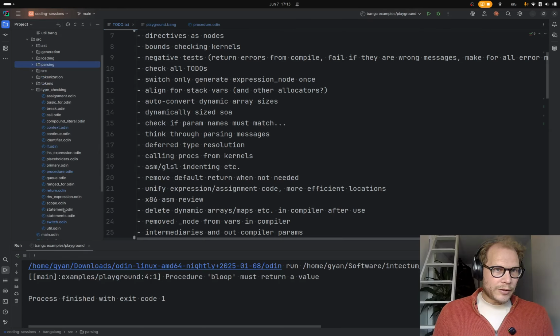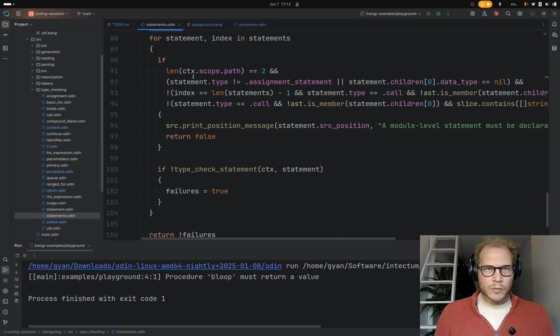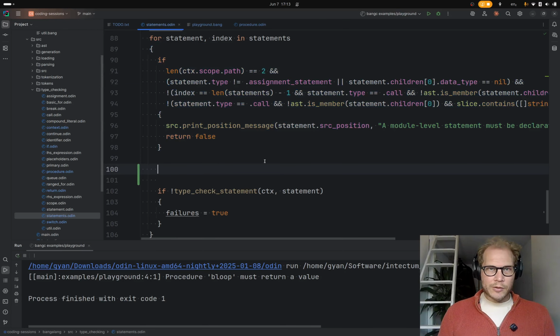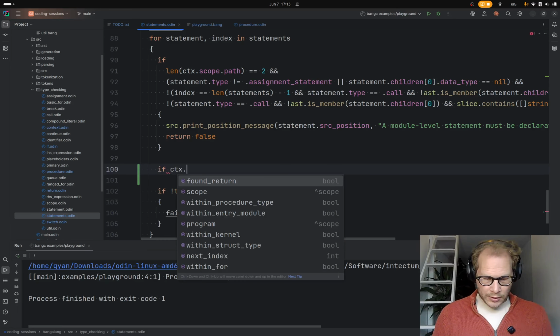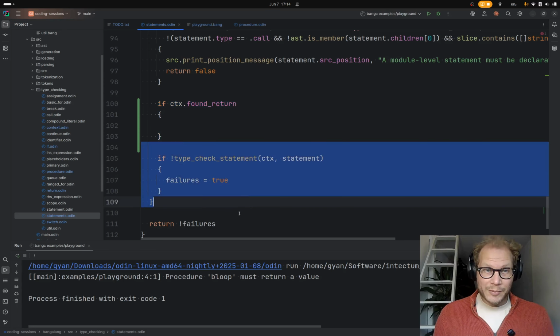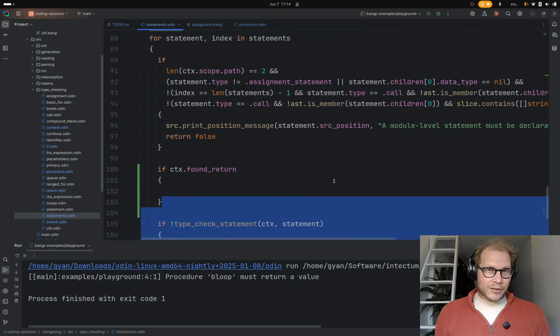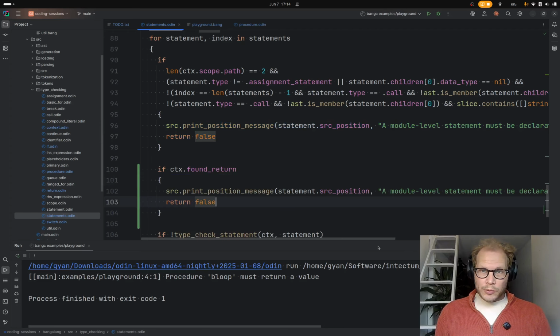So I think it'll be type checking of statements again. So we have these checks, and now before we type check a statement, I want to say, if we found a return and we're about to type check a statement, that means, because found return means that before this point, all code paths have returned, which means that this statement is redundant, or it can't be reached.